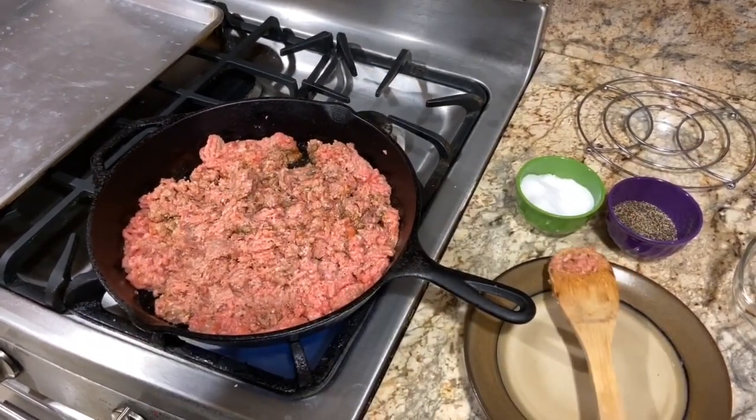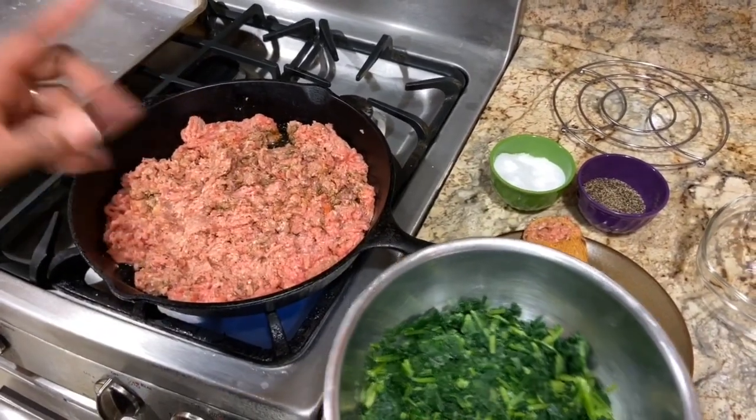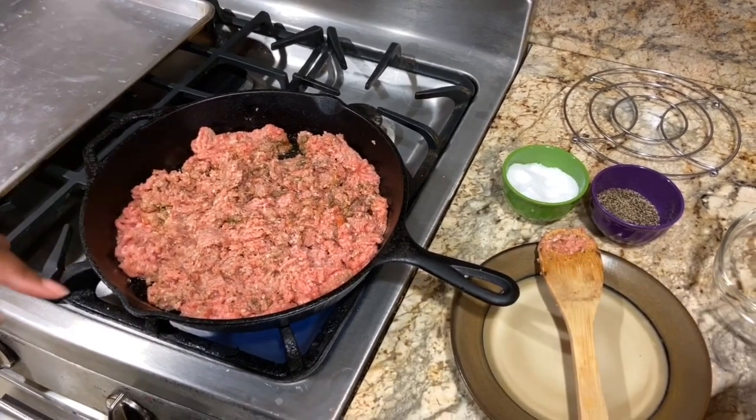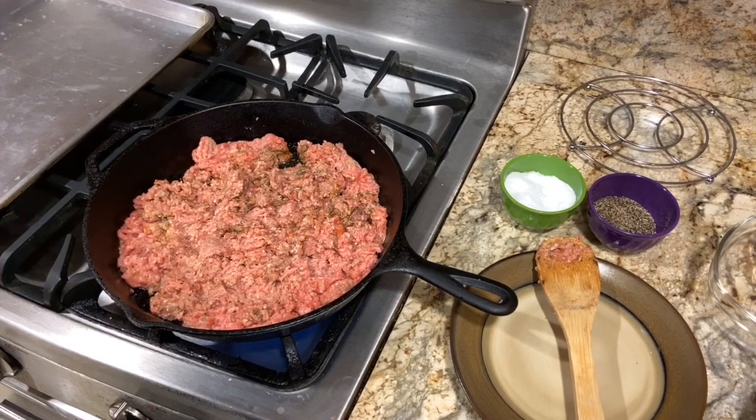Okay, we also have some spinach that we're going to add, and we'll add that about halfway once the ground turkey has browned a little bit. And we're going to let that go ahead and cook, and we'll go over and get the rest of our